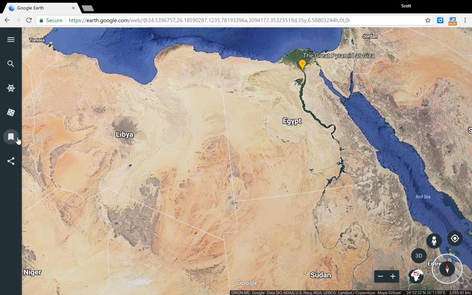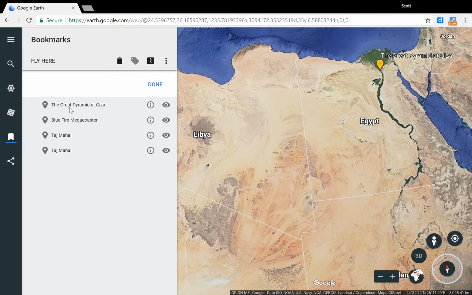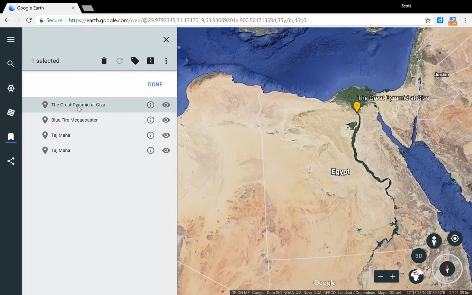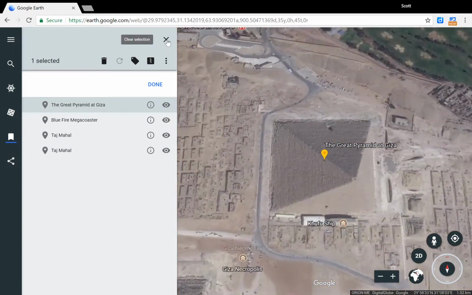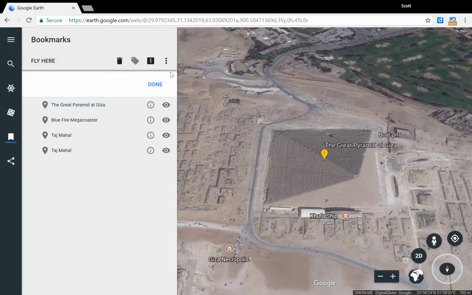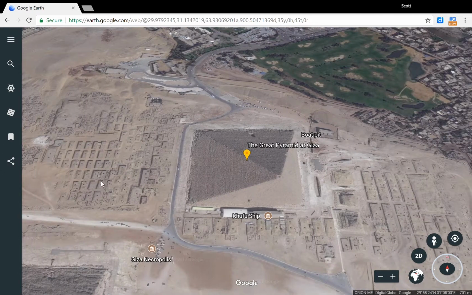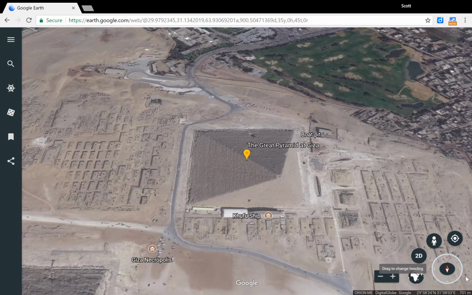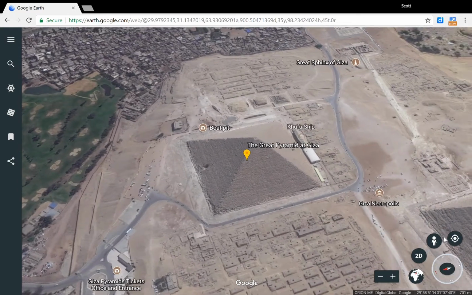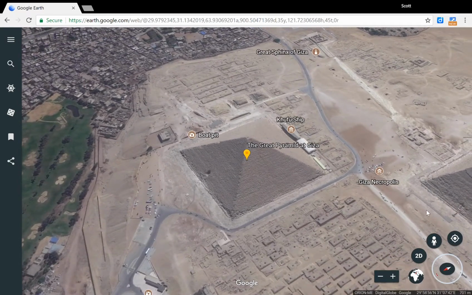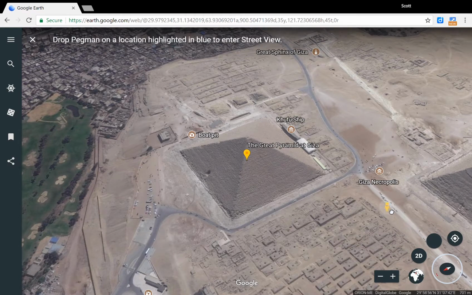maybe I'm going to go back to my bookmark and pull up the Great Pyramid of Giza. It's in the 3D view. You see how it's panned out a little bit. I can use this and spin and orient myself to view the pyramid from whatever angle I want. If I want to see it from a first-person perspective, I can click on this little icon